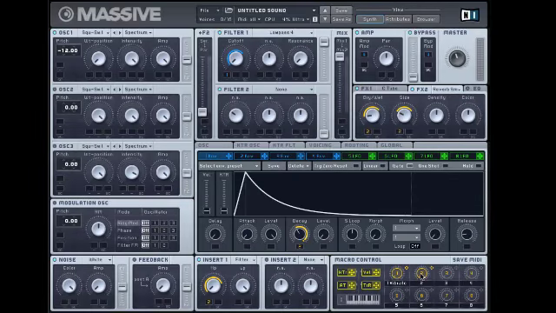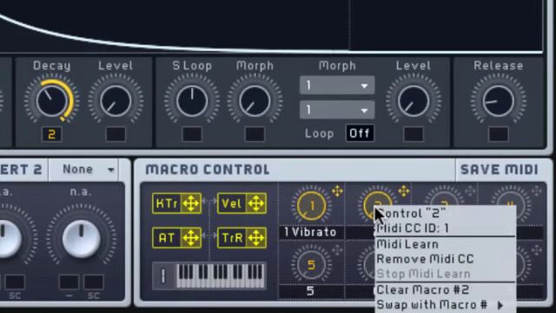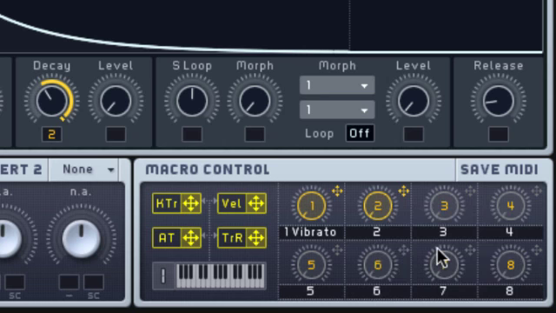Right, to finish with, if we right-click on top of the macro control and select MIDI Learn, now we can assign this macro control to any slider, knob, mod wheel, or anything that transmits MIDI data, so we don't have to use the mouse at all to control Massive. I'm going to assign this to the mod wheel of my MIDI keyboard. As you can see, right now I'm not using the mouse at all. So if I play with one hand and move the mod wheel,